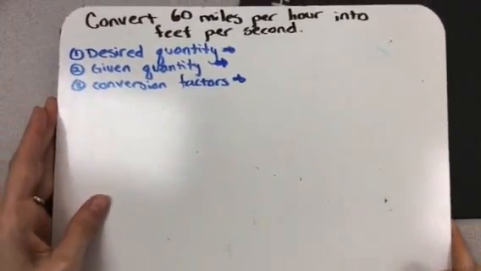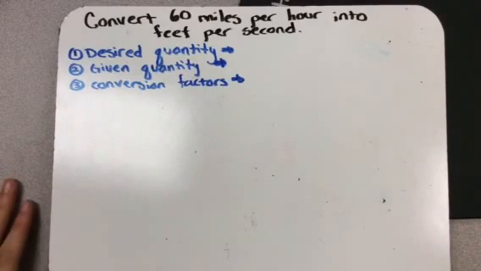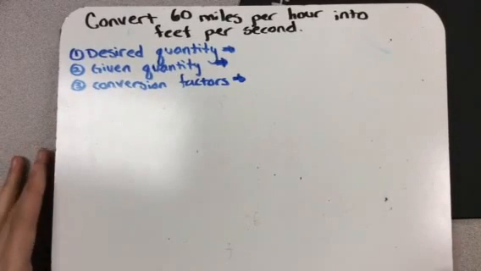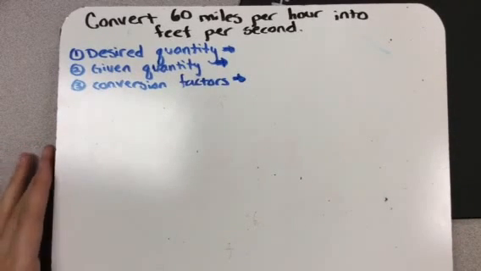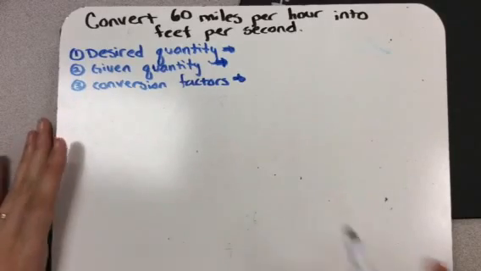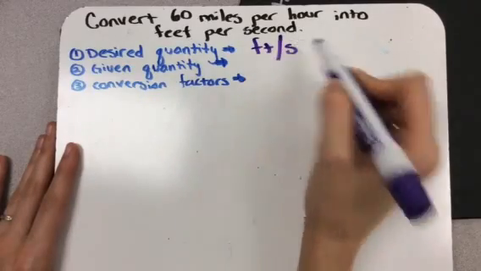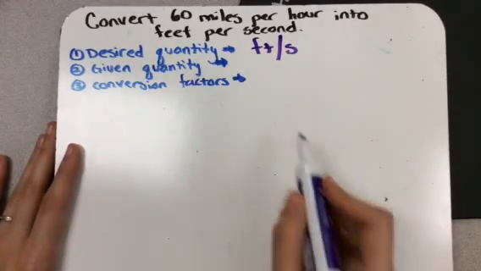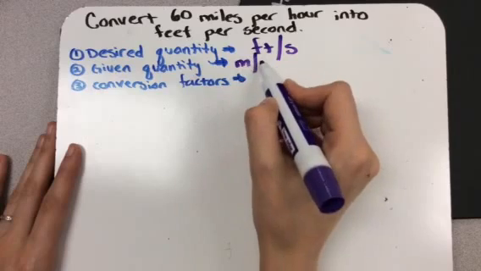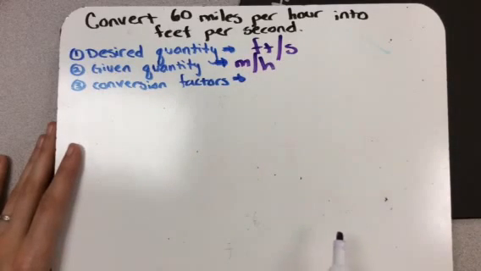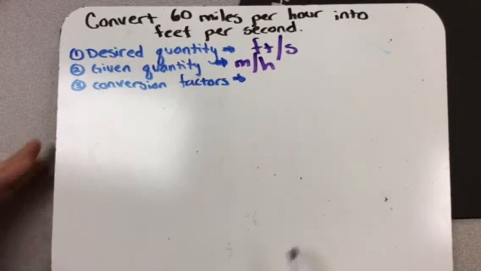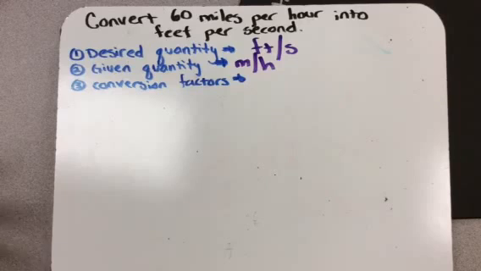This one is a little bit more challenging. Okay. Here we're going to convert 60 miles per hour into feet per second. So the desired quantity is feet per second. And our given quantity is miles per hour. Now, there are a few things that we know, okay? We know that